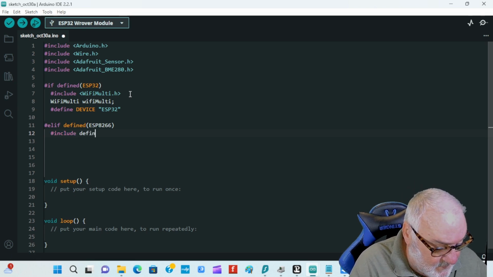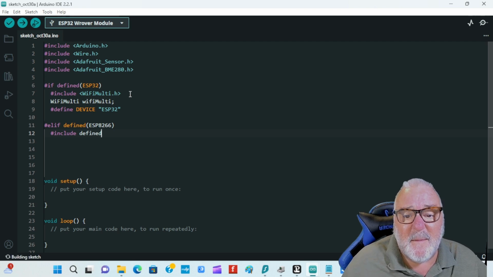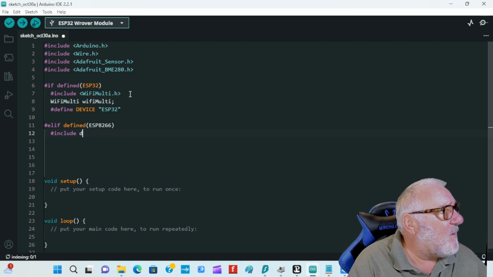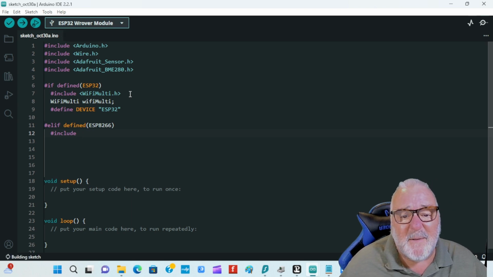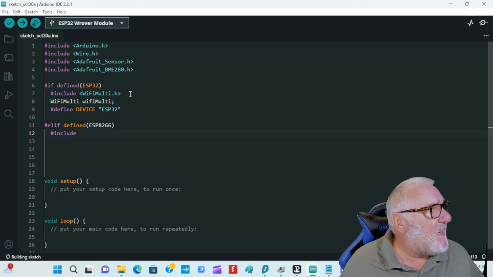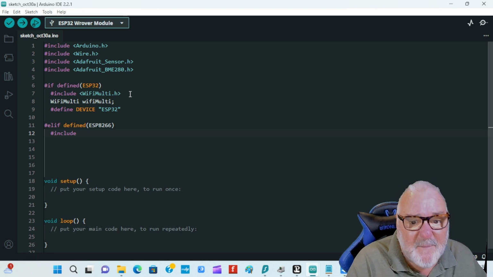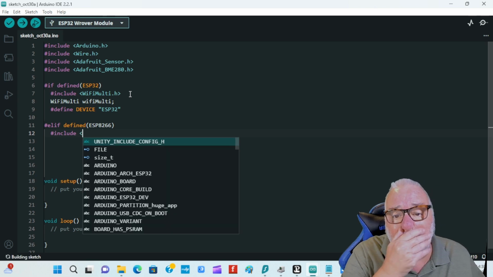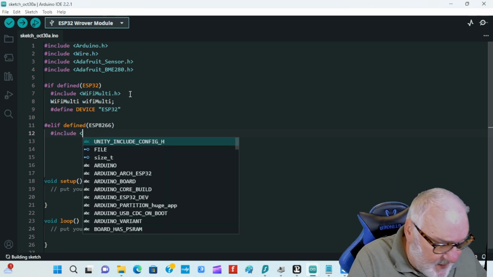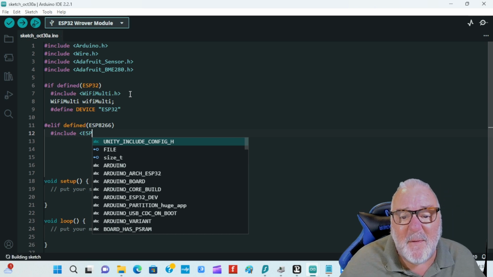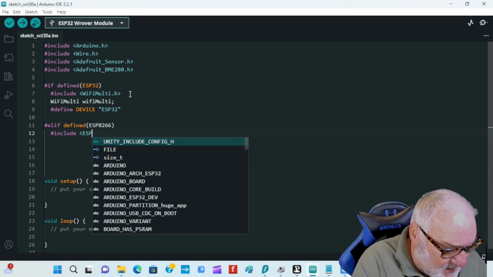No, it's not, take that defined out, I'm on the wrong line, and it's less than ESP8266WiFi